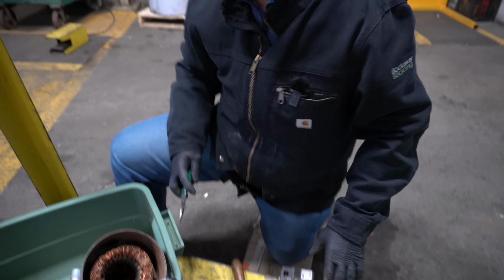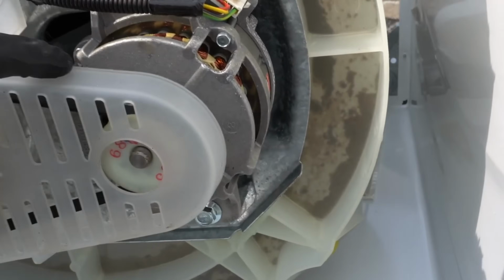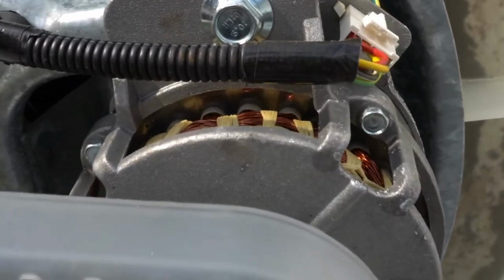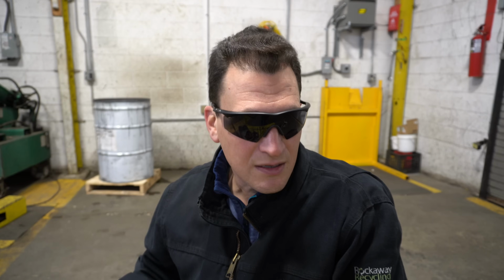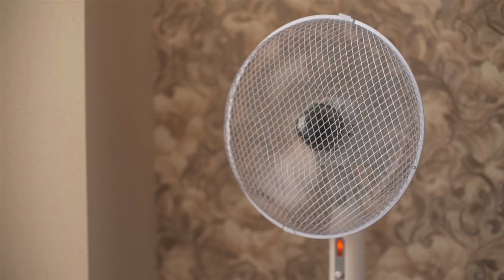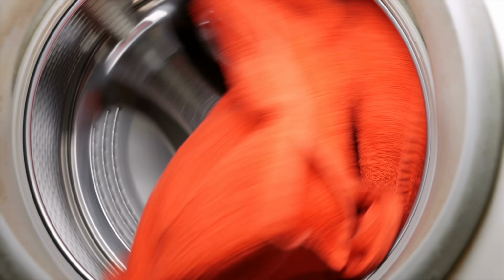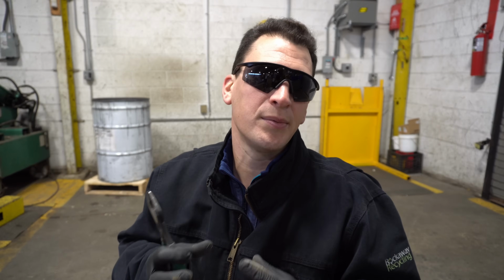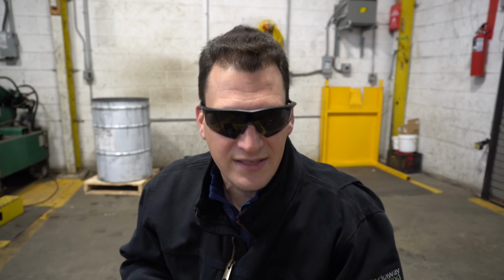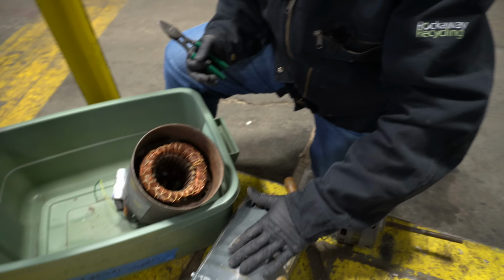Now, this motor is probably from something like a washing machine. Generally, the newer things made from 2010 and later utilized aluminum windings. It was cheaper than copper. It didn't matter for consumer appliances. So things like interior fans, air conditioners, washing machines, dryers, all things in your house, those are probably going to have aluminum windings, not worth taking apart. The copper ones you can make money on, but again, when we go back to this,